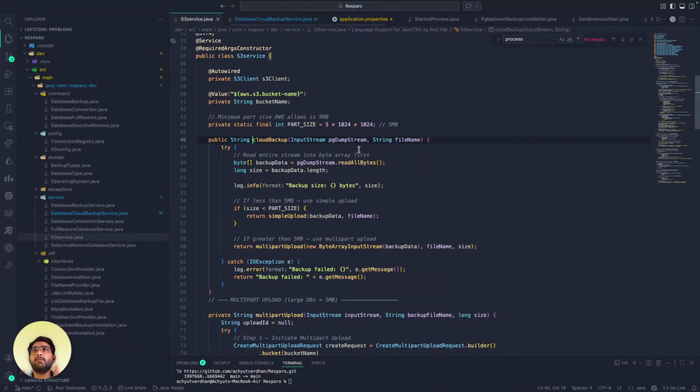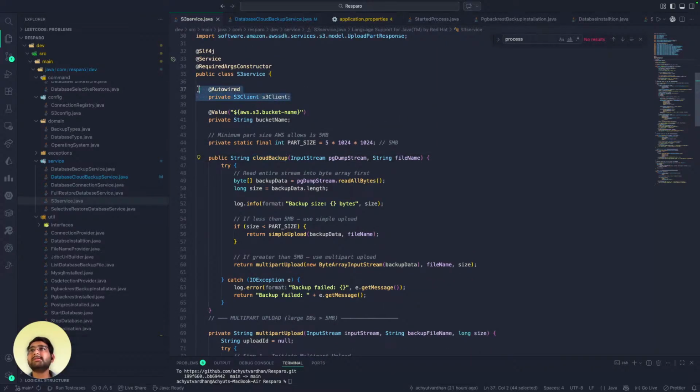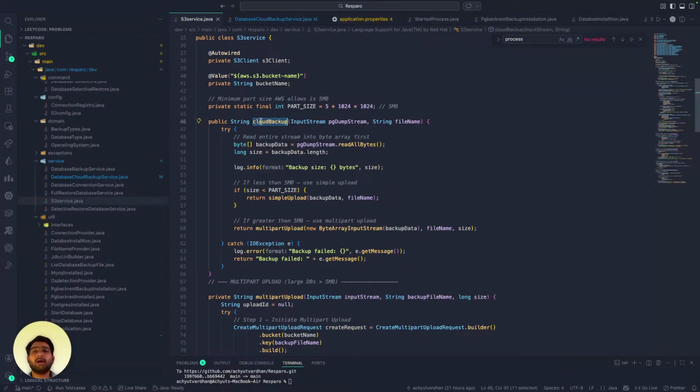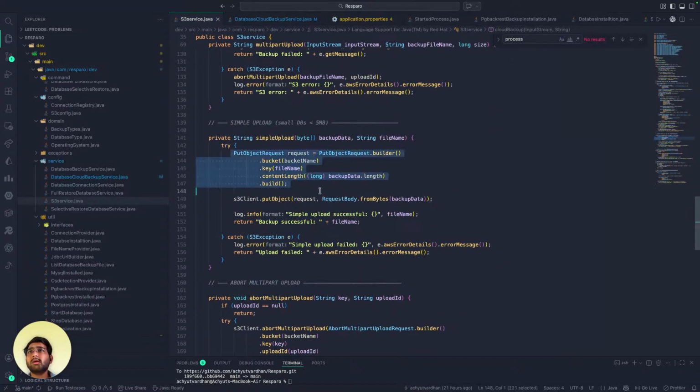Let's say now in this method, we are on the S3 services, S3 Java services. As you can see, we are in the S3 services. We will be using the S3 client. Now what we are doing here is the cloud backup. Let's say your backup file is smaller than 5 MB. Will you go for the process where we send in chunks? No. If the file is less than 5 MB, we can directly upload the